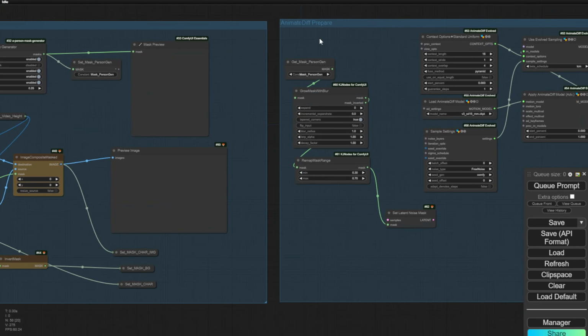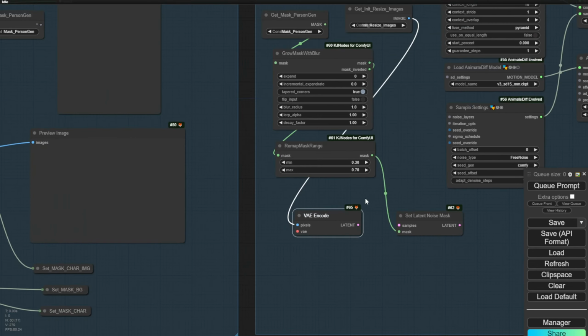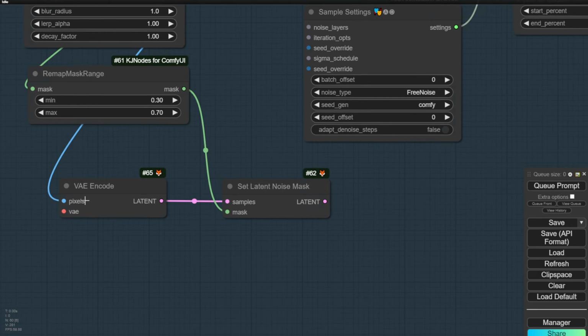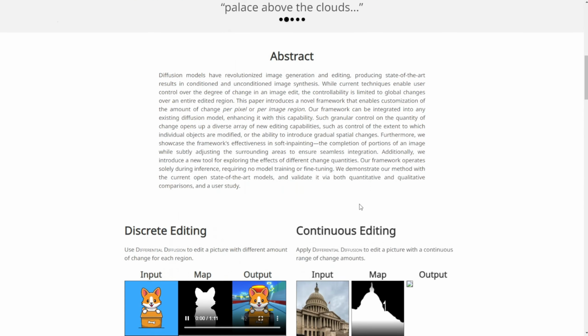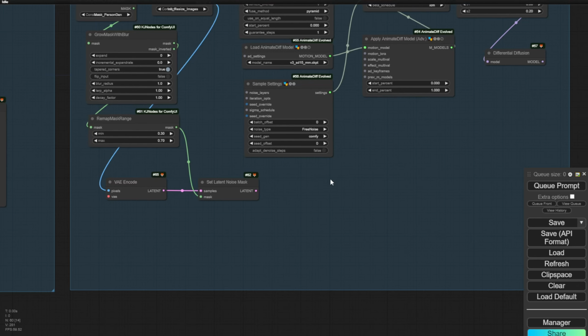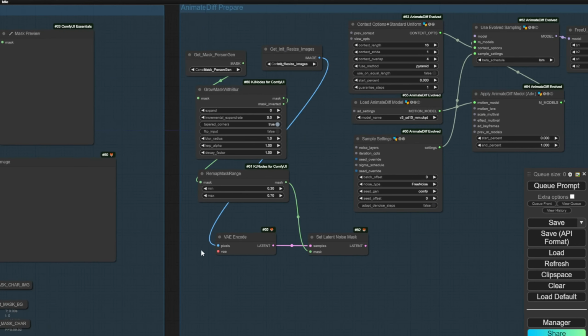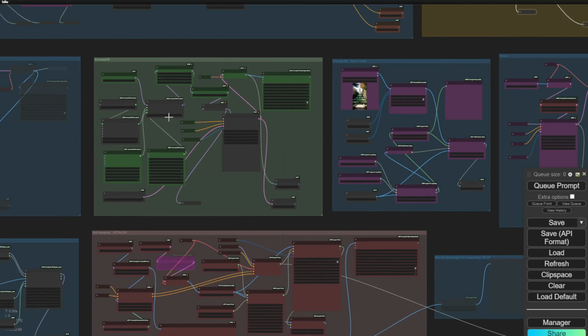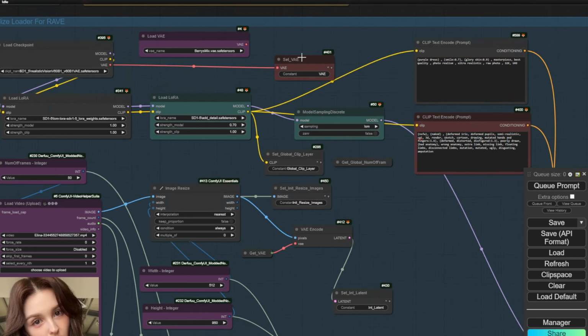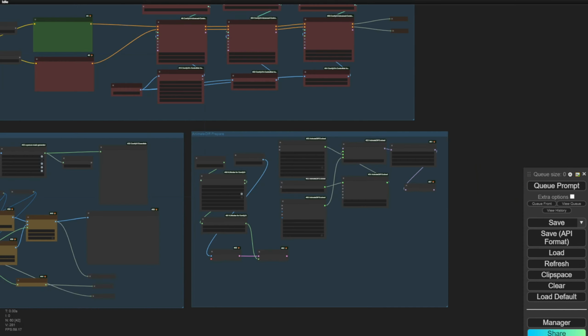We can do this. First of all, we do a VAE encode and pass the original image latent, and inject the latent mask that we've produced into the apply latent noise mask node here. So what it does is the same concept as here. We input the image, then we cover it up with the mask, and then we output something different like this one. So we need the VAE, and that will be coming back to my old workflow. And yep, we have the VAE here.